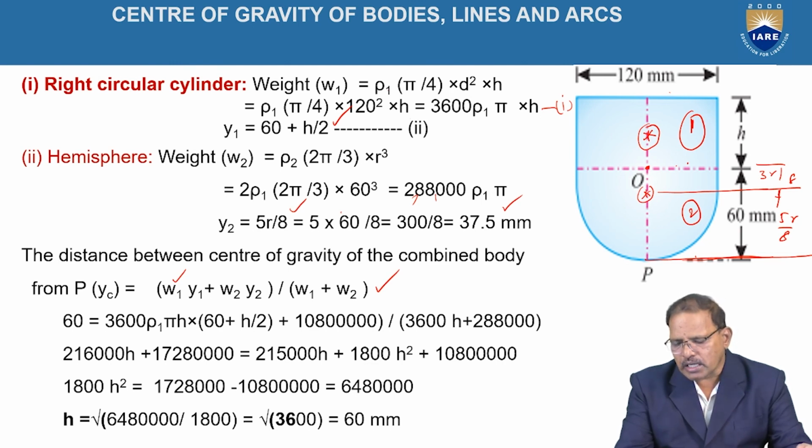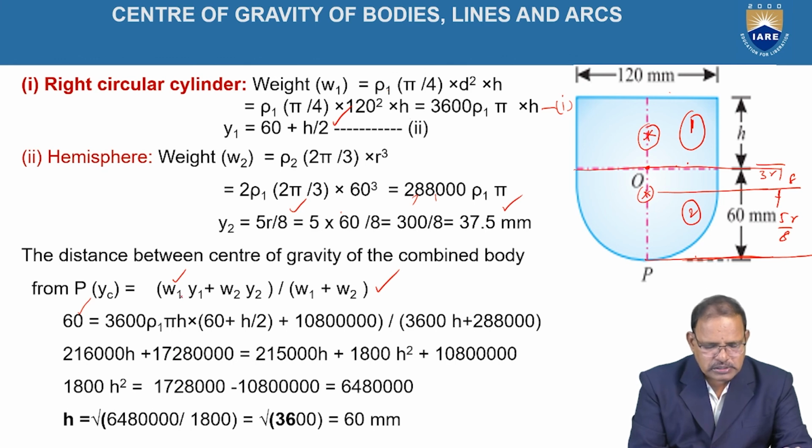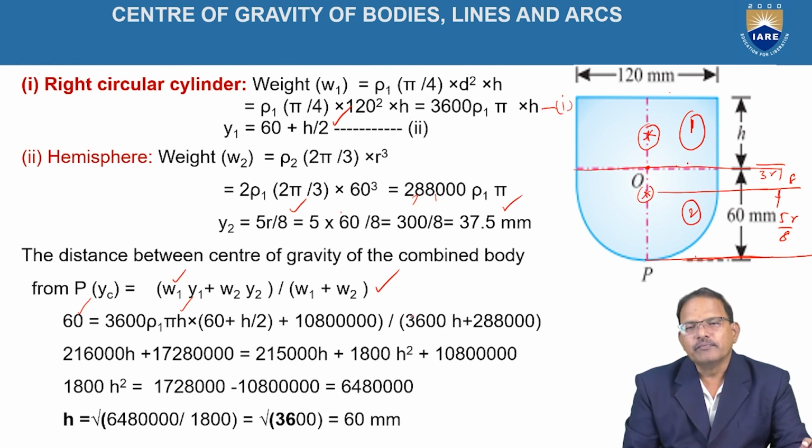According to the problem, the center of gravity should lie on the interface joining the hemisphere and the right circular cylinder. That means it is at a distance of 60 mm from the point P. Hence, 60 is equal to ȳ, where m1 is 3600 rho 1 pi h into y1, which is 60 plus h by 2, plus m2 is 2,88,000 and y2 is 37.5, divided by m1 plus m2. Substituting the values we get